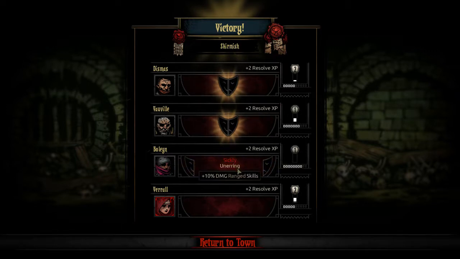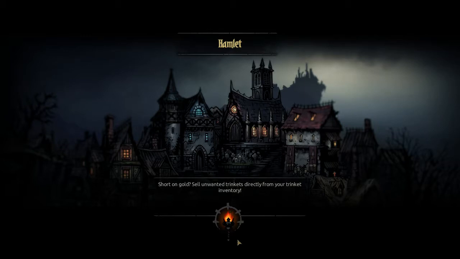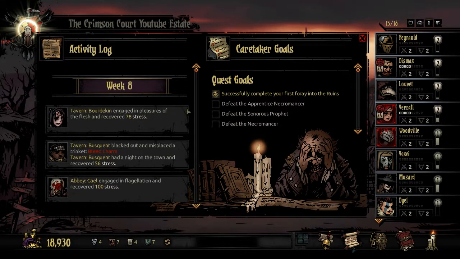Let's see, Sickly. Okay, Unerring. Okay. Warren's Phobe. I don't blame you. Known cheat. Is not allowed to gamble while in town. That's fine. Now here's the thing, I'm going to have to send my Vestal in to get... A fever of willful determination sweeps through the barracks. Valiant spirit. They were a fearsome lot, gritted teeth, distant stares, and between them, an unbreakable bond of fellowship. Plus 15% virtue chance on the next quest. Nice. Anyways, as I was going to say...